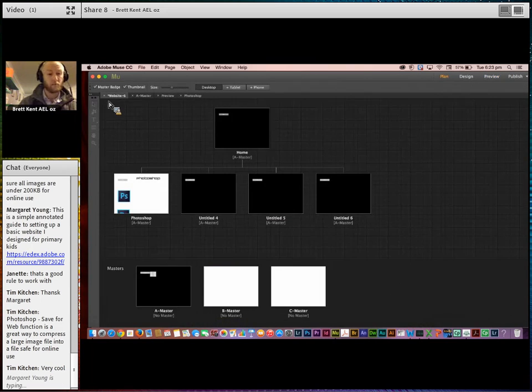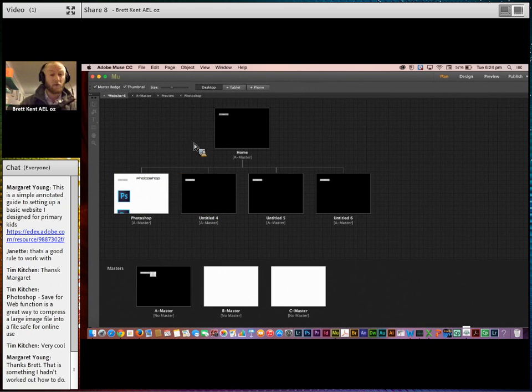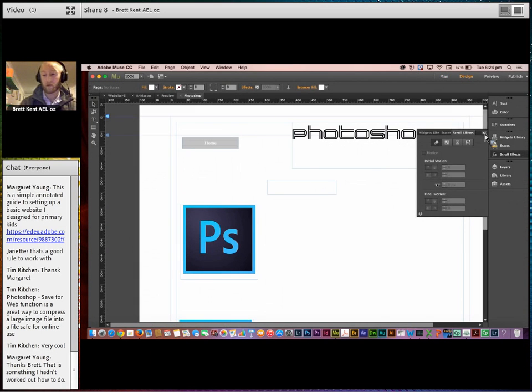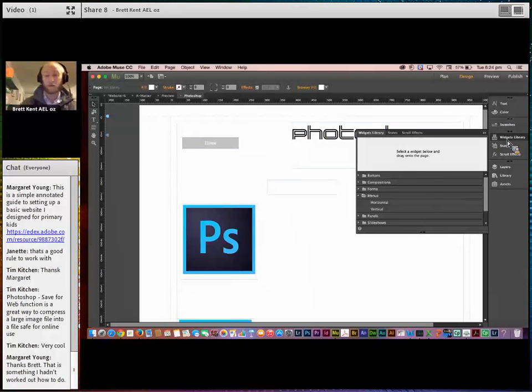Come back to my plan view now. So I've spoken about having a master page. I've spoken about putting content onto the actual pages themselves. I've spoken about putting buttons in place. Now, what we can also do is put more content than that in there. Like I said, this little pot of gold over here, this little widgets library, some of the other things that we can put in that are super handy, especially for flipped classrooms, especially for content that we want to view in the classroom. If we come down to social, and then we scroll right down and we find YouTube,